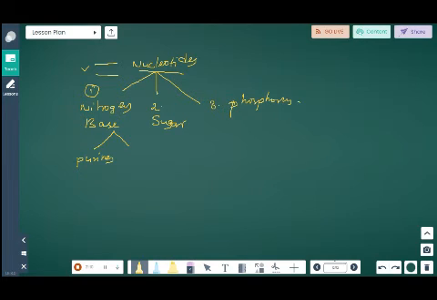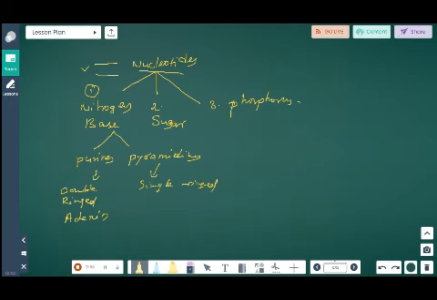In the nucleotides, nitrogen bases are of two types. One is purines, the second is pyrimidines. Purines are double ringed and pyrimidines are single ringed. Adenine and guanine are called purines, whereas cytosine, thymine, and a third one, in RNA it is called uracil. In DNA it is thymine. So A, G, C, T are the four nitrogen bases present in the DNA molecule. Adenine and guanine are the purines, and cytosine and thymine are the pyrimidines.